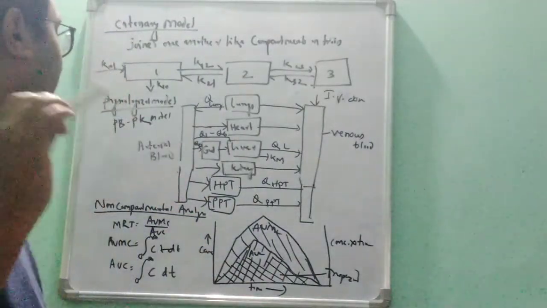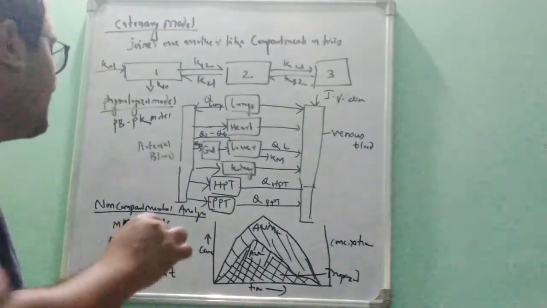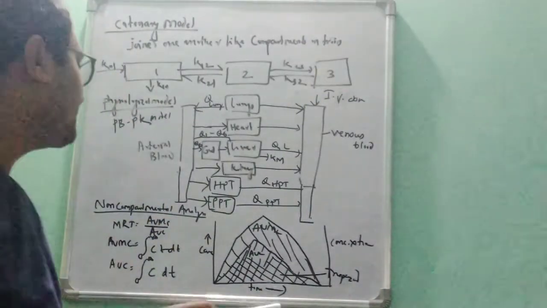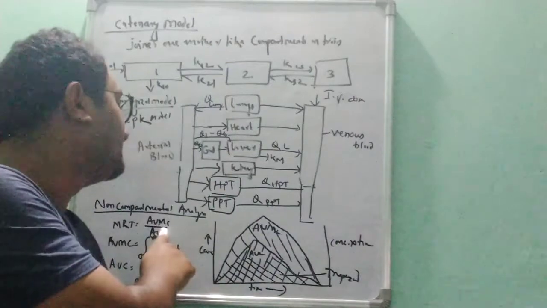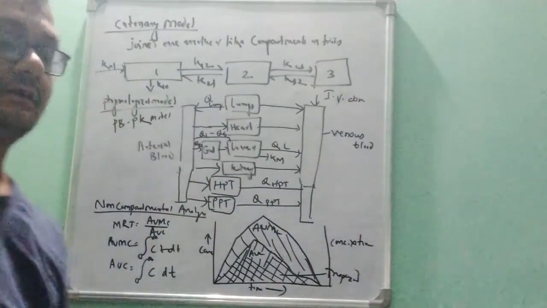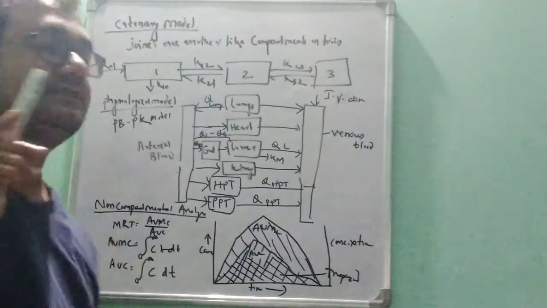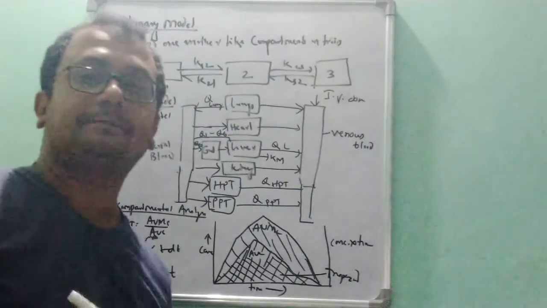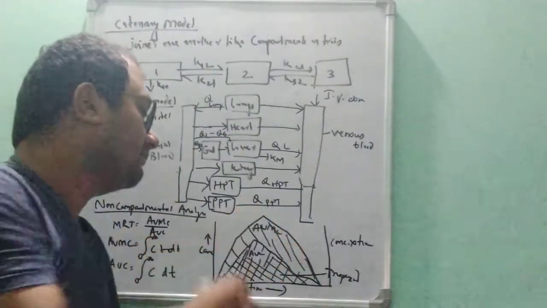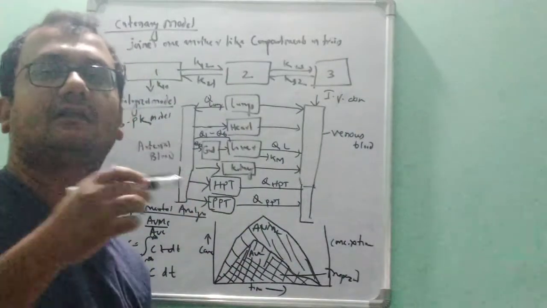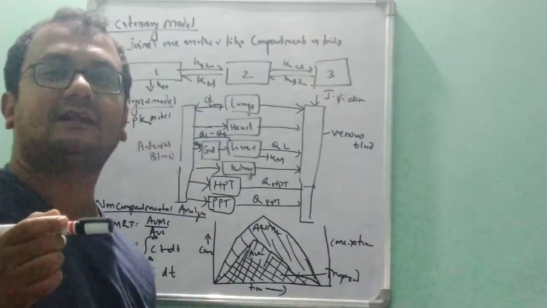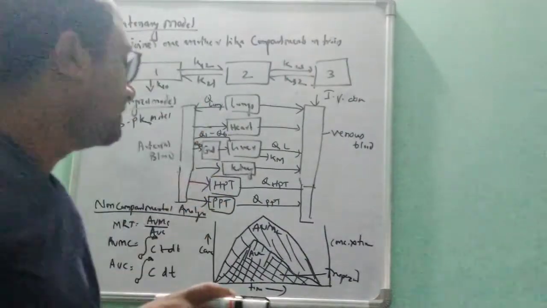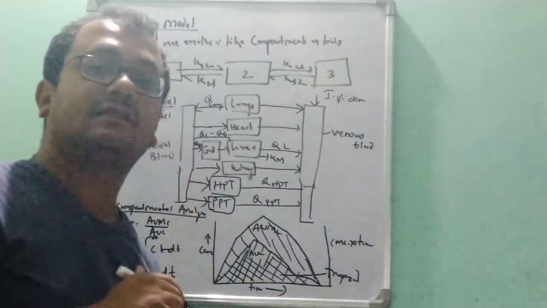And also we need to find out another parameter here, that is MRT, mean residence time. Mean residence time, how to find out? AUMC divided by AUC. So in this what we are doing, we are using one rule that is known as the trapezoidal rule. That means the area under the curve is not a spherical or any particular shape. So that's very difficult to find out the area of that. So that's why we are applying the trapezoidal rule here.